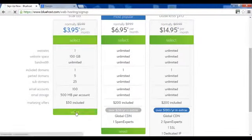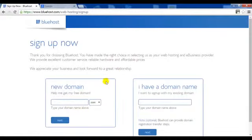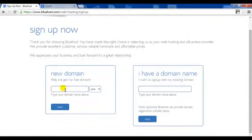So we'll go select there, and once we've done this, we get a chance to look for our domain name that we want, or if you've got a domain name, you put it in here. But if we're looking for a domain name, I'll just do an example and put in something like web traffic tactics, which is something I've looked at before, and we'll see if the .com is available. So we'll click next, see if that's available,